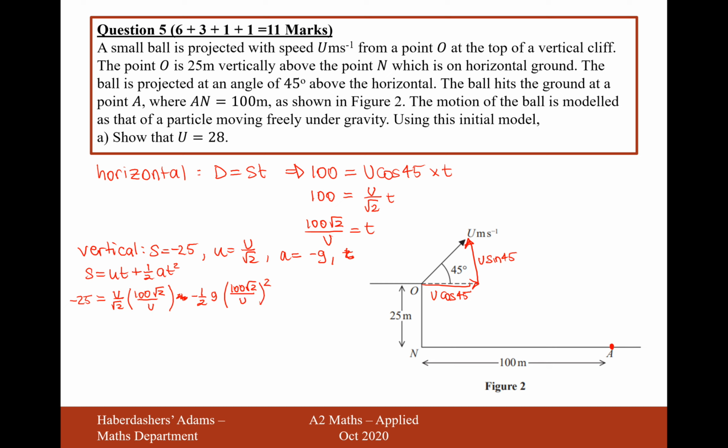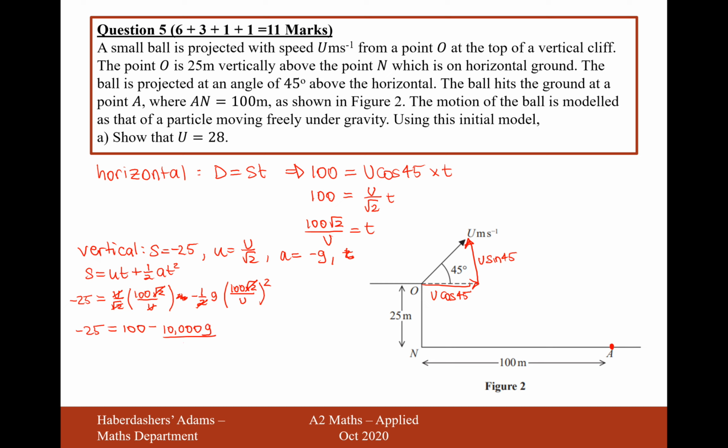Okay, so let's see what we can do here. Now this u cancels out with that u, and that root 2 cancels out with that root 2, so we've got here minus 25 equals 100 minus, now let's expand the brackets here. When we square the root 2, that will give us 2. So actually that will cancel out with the half perfectly. And it's going to be 100 squared. So that's going to be 10,000